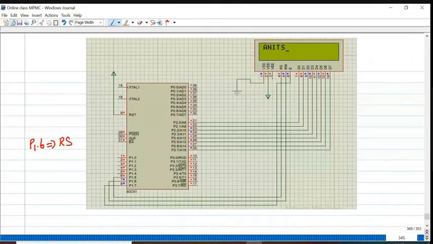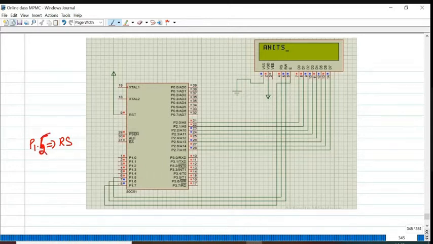Next, P1.5 is connected to RS. Sorry, 5 only is connected to RS.